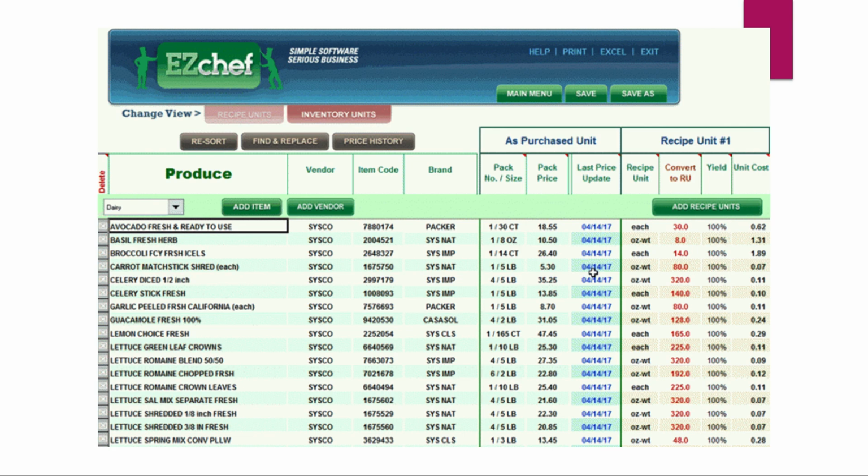We can see on the screen the example of what this might look like. As you can see at the top, simple software for an example of what a restaurant might look like. Different products, different produce, having it labeled in this kind of style, rather than marking it down with pen and paper. Using a simple software such as this breaks it down by